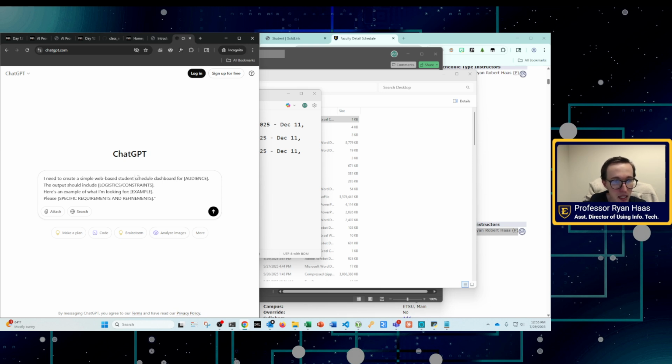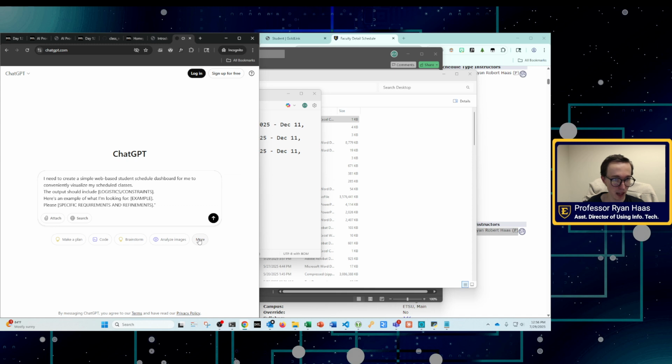So a simple web-based student schedule dashboard for me to conveniently visualize my scheduled classes.